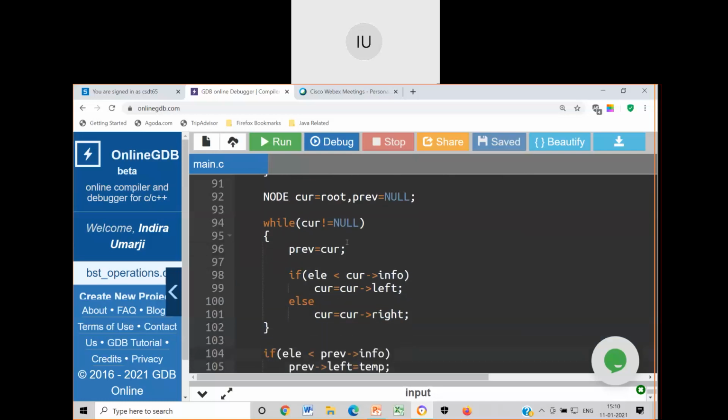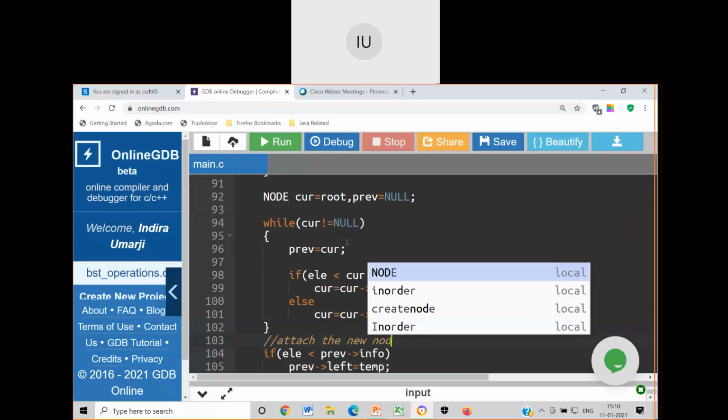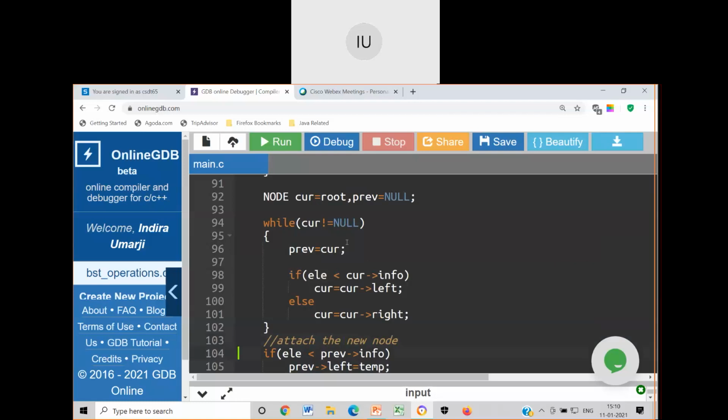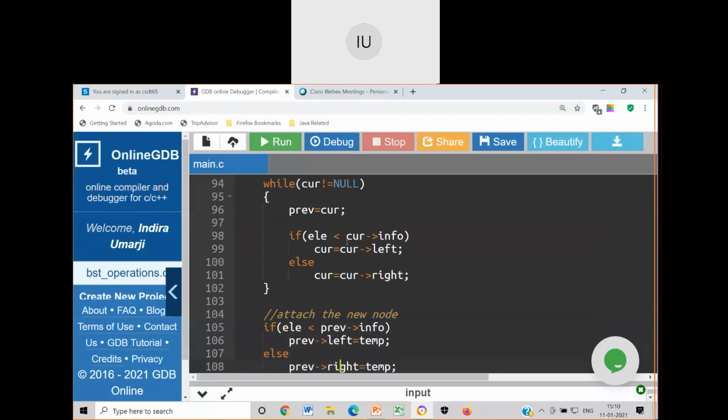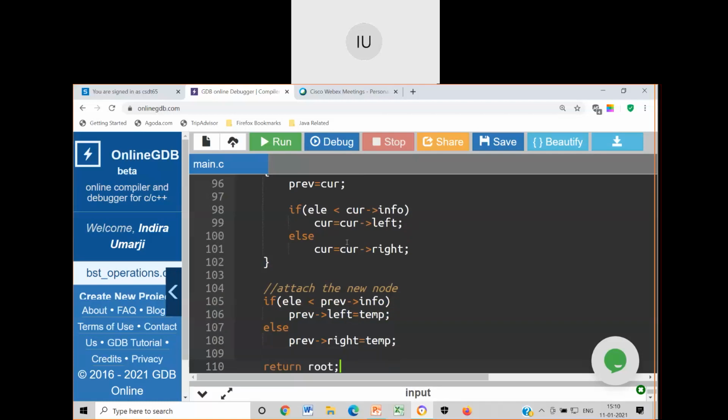Then at the end of this I will attach the new node either to the left or to the right of the existing previous node. So if element is lesser than previous arrow info, then previous arrow left is temp, otherwise previous arrow right is temp. Then I have returned the root.